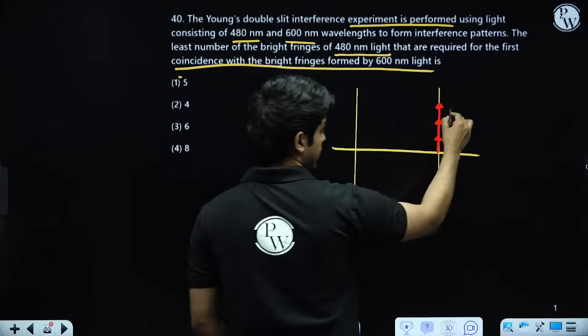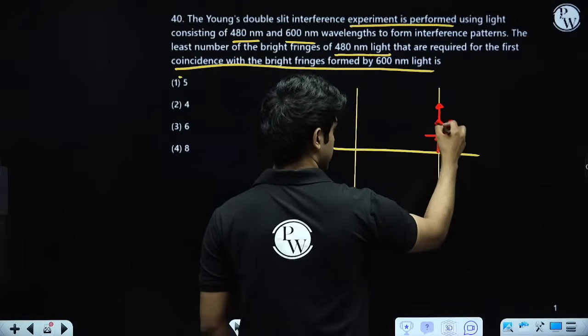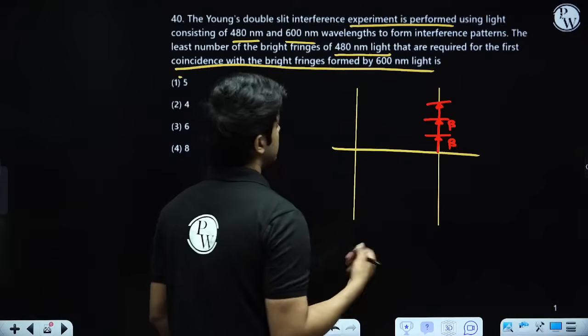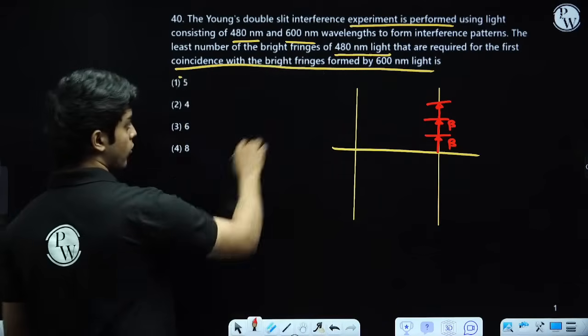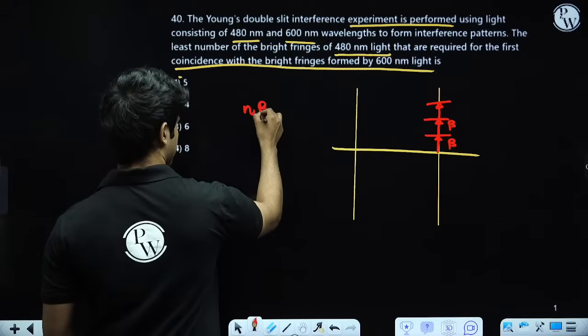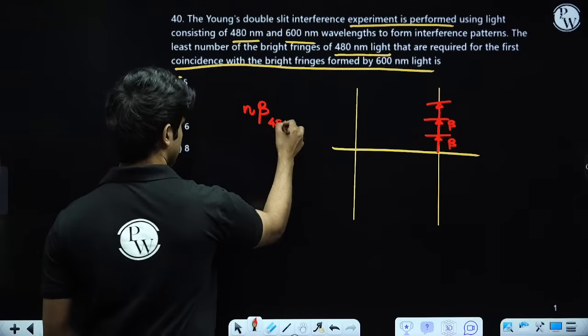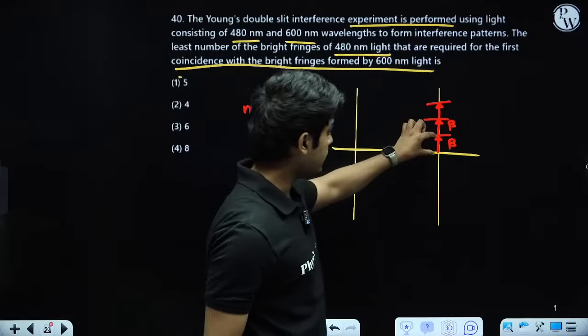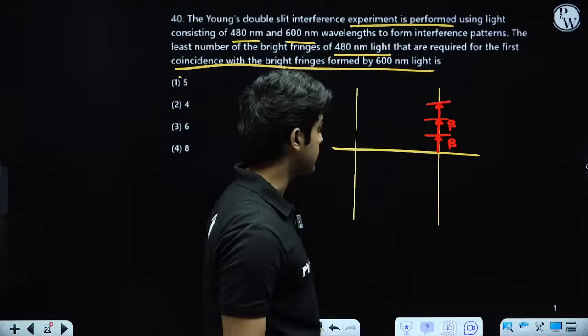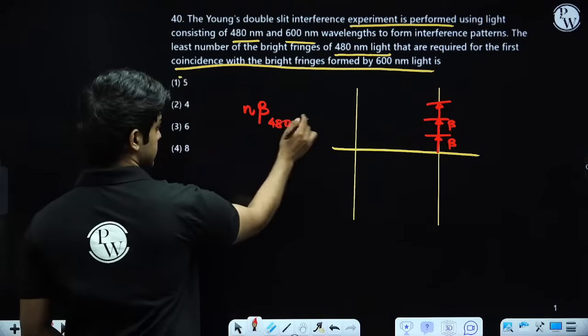So let's say it's the nth bright fringe for the 480 nanometer one. So we would say n times beta of the 480 nanometer one. n times beta would mean we go to the nth maxima, first, second, third, nth maxima. This distance is equal to